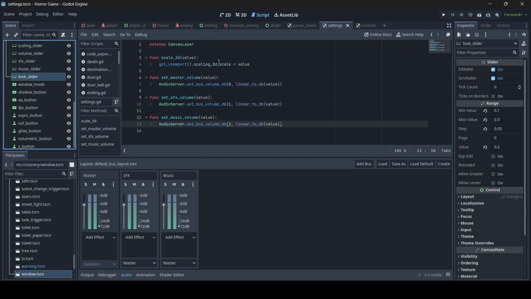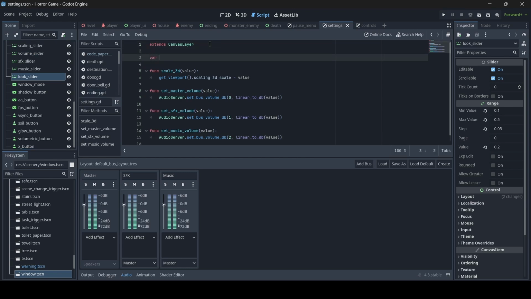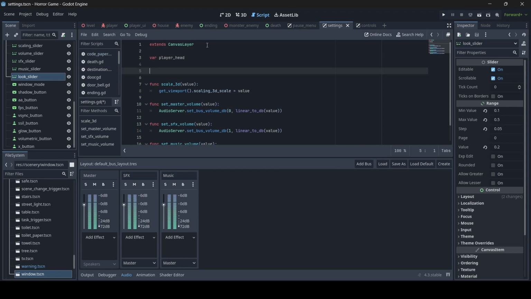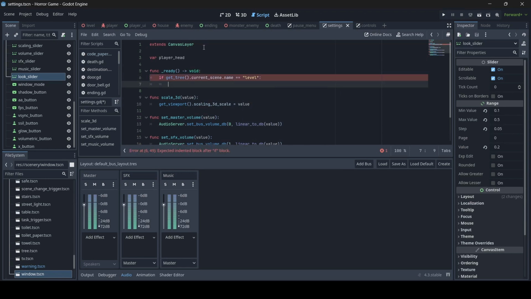So for this one, what we're going to do is we're actually going to create a variable, and we're just going to call this player head, just like that. And then what we're going to do is we're going to go func _ready: if get_tree().current_scene.name == "Level". So what we're doing is we're checking if we are loaded into the main level, and then if it is,